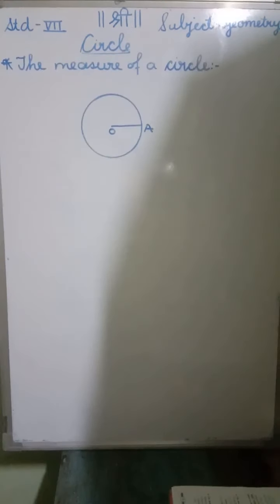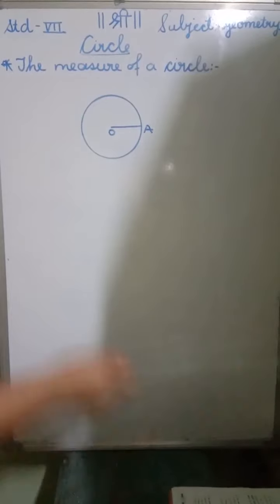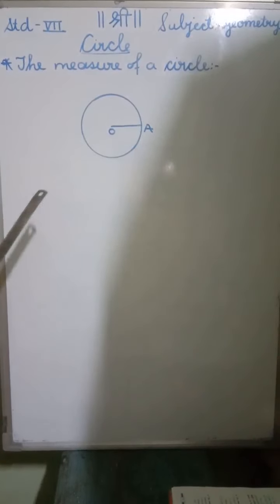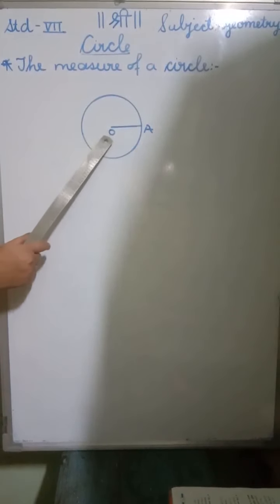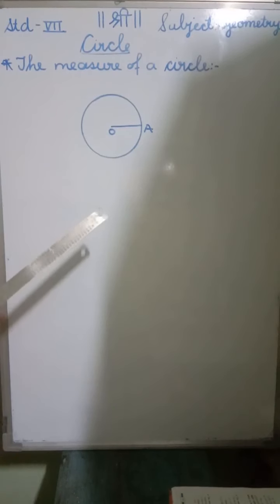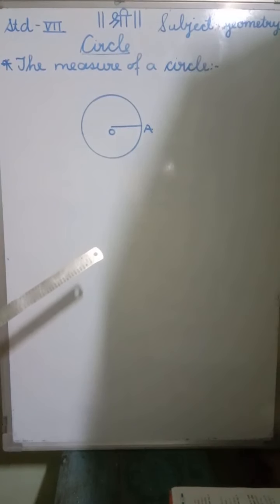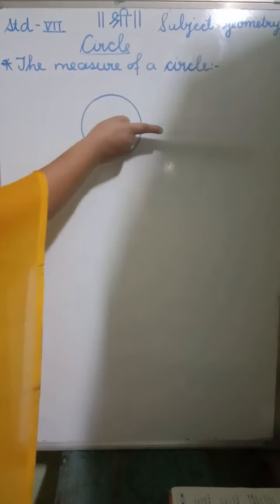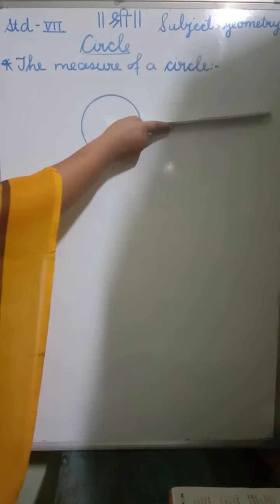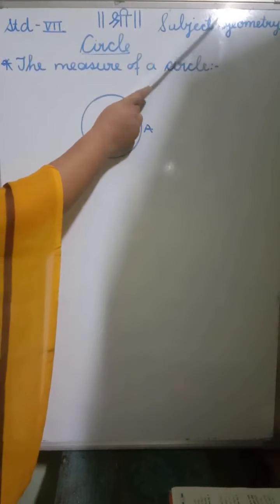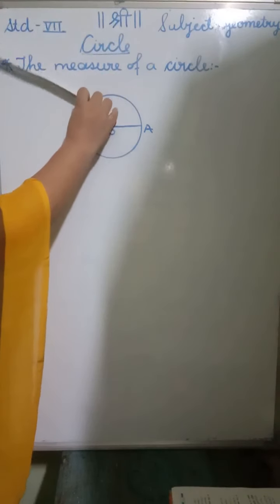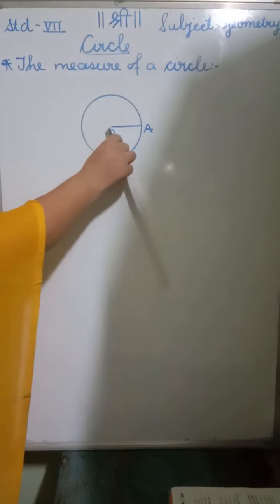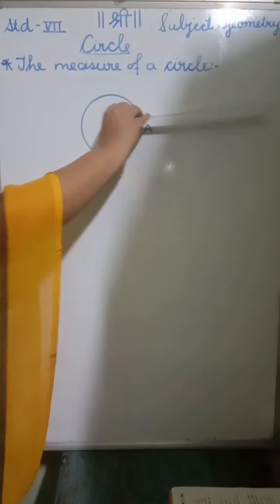Okay. So let's begin with the new point, that is the measure of a circle. Now here we have a circle whose center is O and they have given us a radius. So what is the name of the radius? Yes, the name of the radius is radius OA. Okay. So suppose this is the radius, now the scale. If this radius starts rotating in an anti-clockwise direction in this way, then what will happen? It will complete one circle.